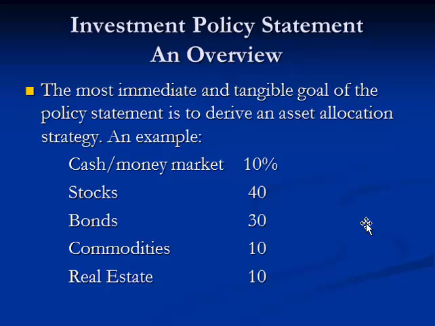There's also a category, bonds, and this is another very broad asset class. It could be made up of municipal bonds that are issued by states and municipalities, which tend to be tax exempt at the federal level. It could be treasury bonds issued by the federal government, or corporate bonds issued by corporations. And within corporate bonds, there are many different grades, and you can have AAA, AA, and so on. You can have junk bonds, which are high yield bonds. You can have convertible bonds that convert into stocks. So it's a huge asset class.